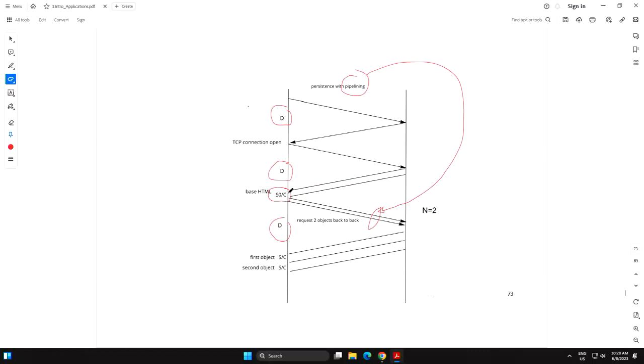But we are not ignoring this one, the base file, because sometimes the HTML code is large, especially if you have a very complex website. HTML code is complex, so it takes a certain time. That's why I didn't ignore it. But the request is, you see, just a few bytes. So I skipped those slides. You can see the format. It's just a header and some ASCII characters.